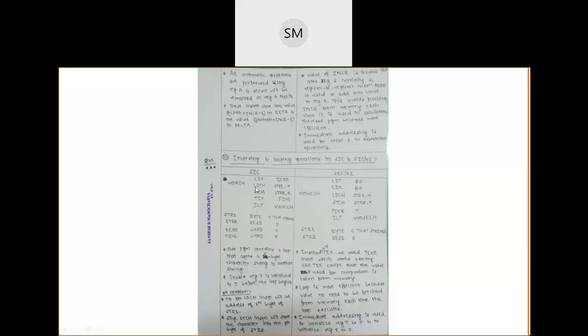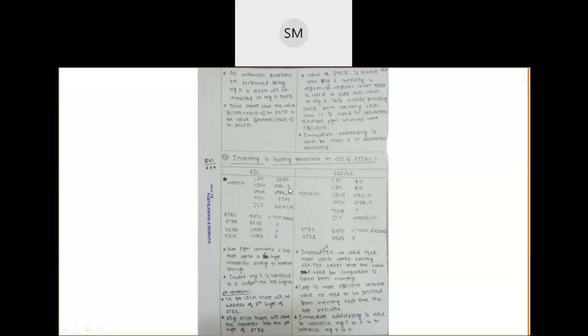Then in this loop, the first statement is LDCH. It loads the character from memory to register A. What is the memory here? The memory is string 1. Particularly, which character does it take from string 1? The character which is present at index 0.